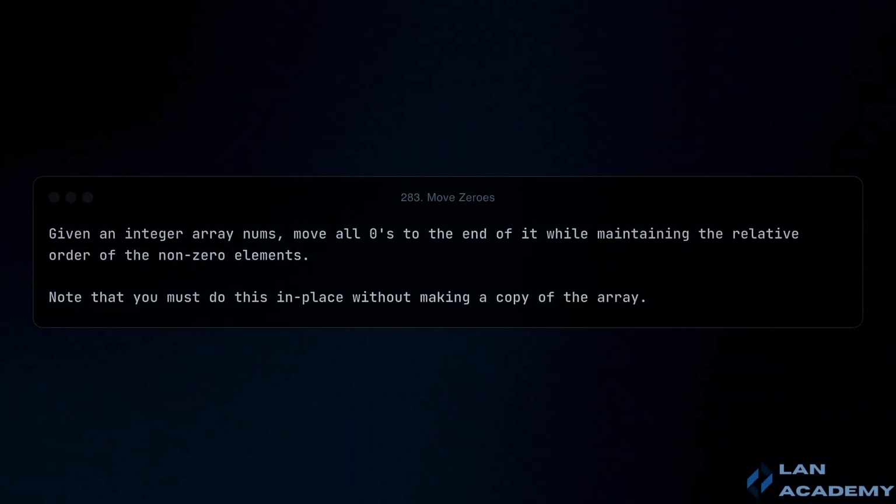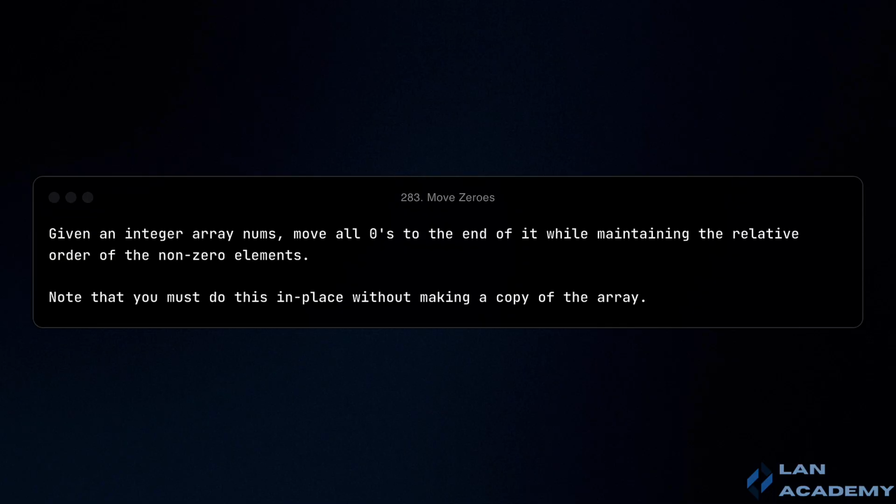In this lesson, I'm addressing the challenge of rearranging an integer array nums such that all zeros are shifted to the end while preserving the order of non-zero elements. This problem is common in scenarios where data needs to be cleaned or organized efficiently. The solution needs to be implemented in place, meaning I modify the original array without using additional memory,